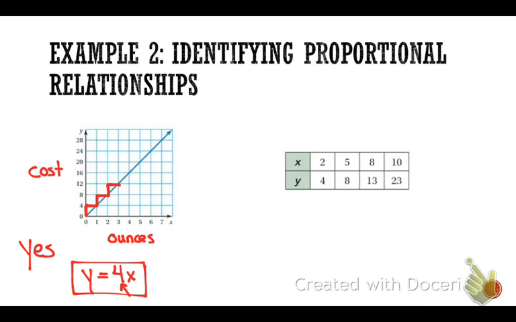Multiplication or division, guys? Multiplication by what? According to the first ordered pair, it's y equals 2x. Does it work for the second ordered pair? No. So this has to be the equation, but because it does not work for all the ordered pairs, I would say no. There's no constant